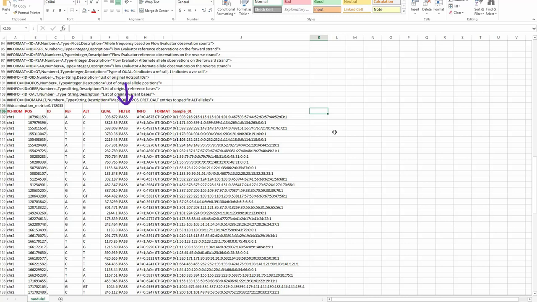Filter indicates if the variant has passed all the quality filters. If yes, it gets a PASS tag, and if not, the failed quality filter name appears here. Info indicates different types of variant quality annotations defined in the header. Format indicates the genotype annotation sequence. The next column has the sample ID as the column header, under which the genotype information of the sample for